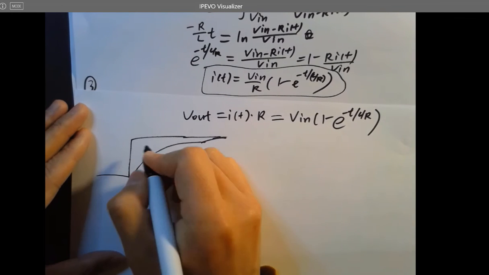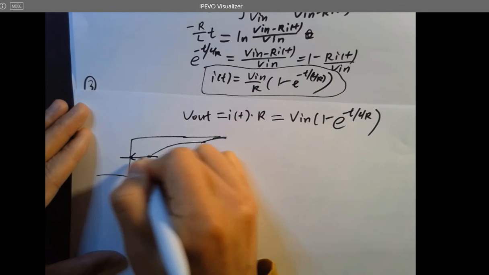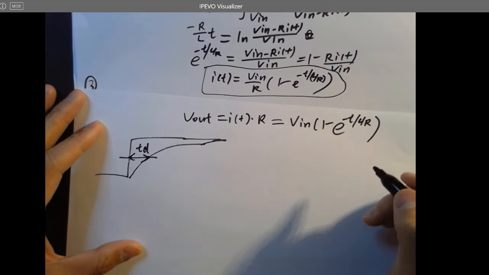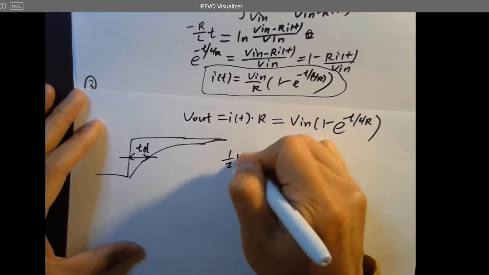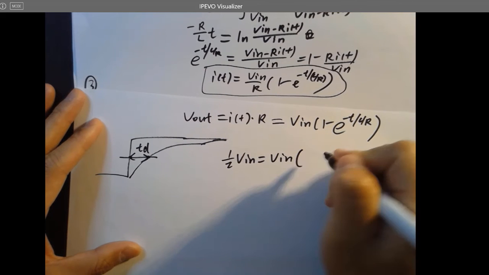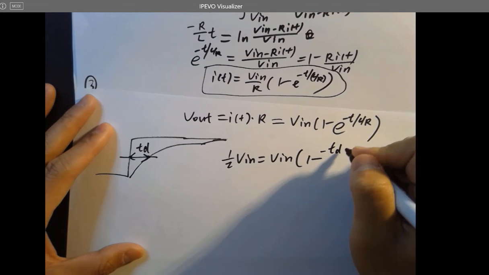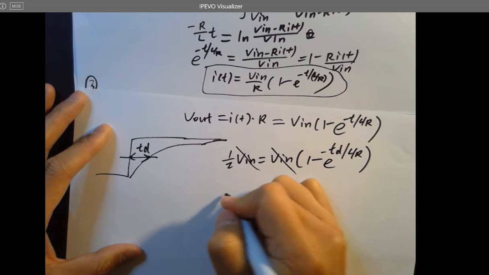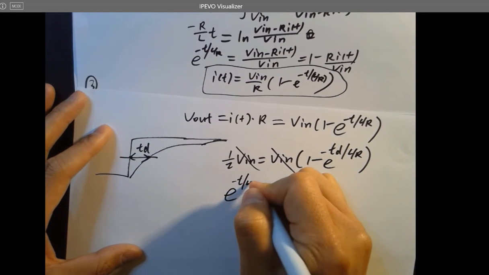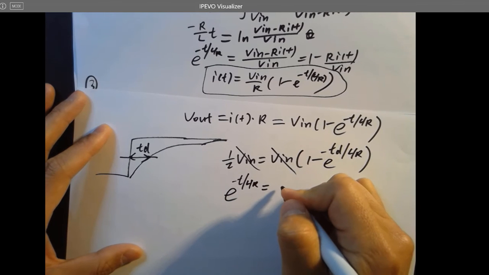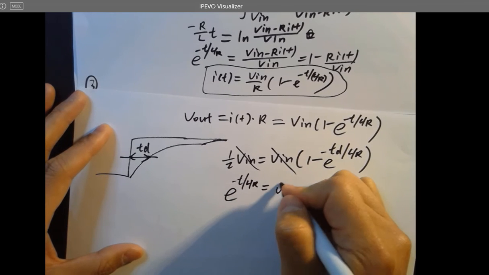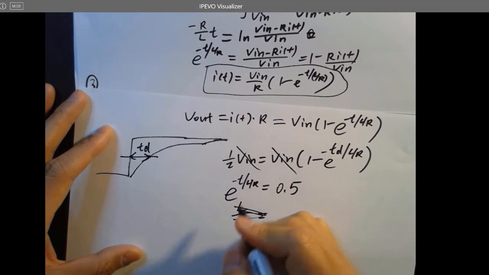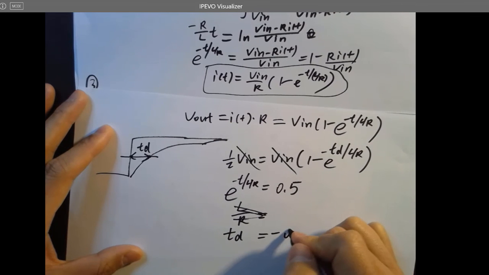So now it looks similar because if you have a step function, you know that there will be a time delay, and 50%, so this time period will be TD, okay? In that case, 50% will be 50% of V in, so you are having 1/2 of V in equals to V in times 1 minus, so now this is the TD over here, so L over R, cancel, cancel, so you know that this part equals to actually 0.5. Then TD will be minus 0.7 L